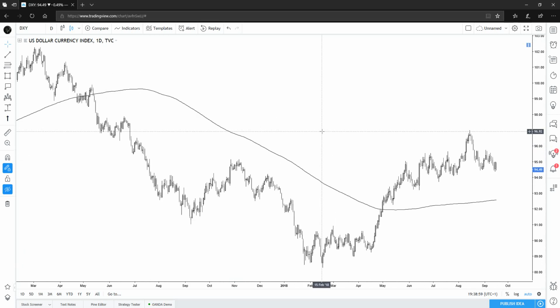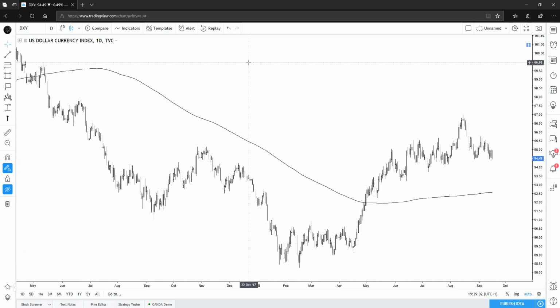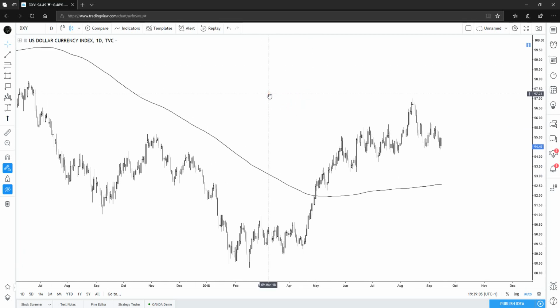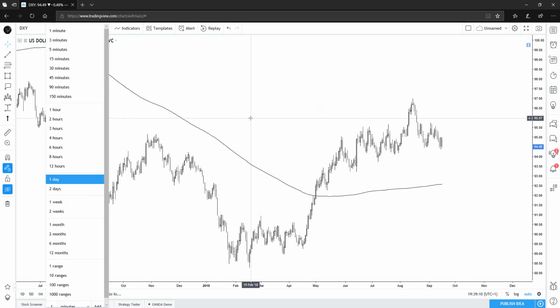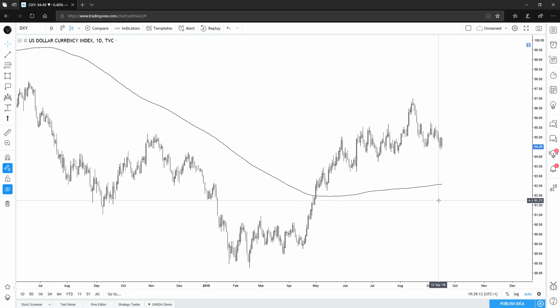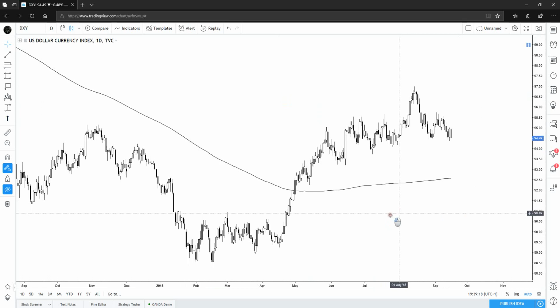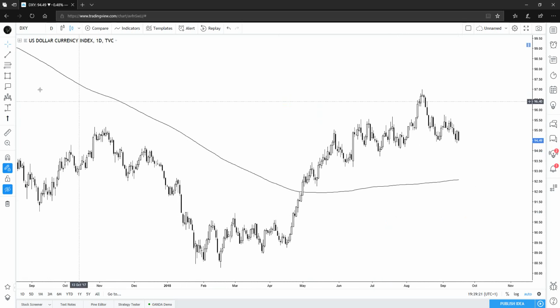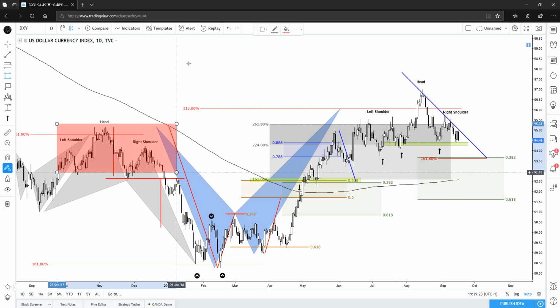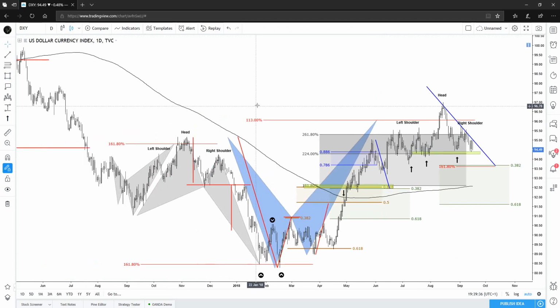So this is the dollar index. Let's jump into our chart. This is the only chart that I will talk about today in this video. So this is the dollar index on a daily chart, in a daily time frame, sorry. We are now facing a very similar behavior to what we were facing at this point, and as we can see very quickly, we are trading a potential head and shoulders formation here. So let's go back a few